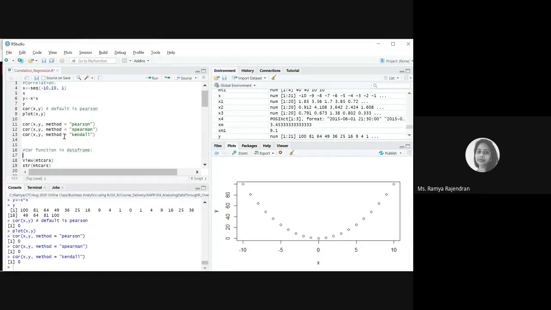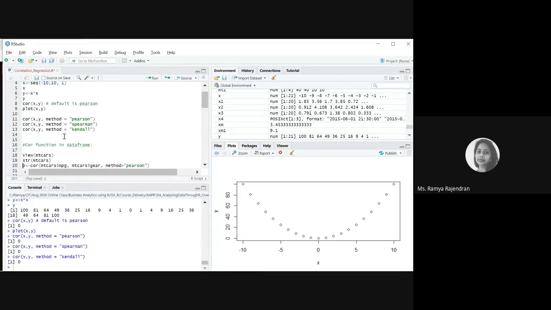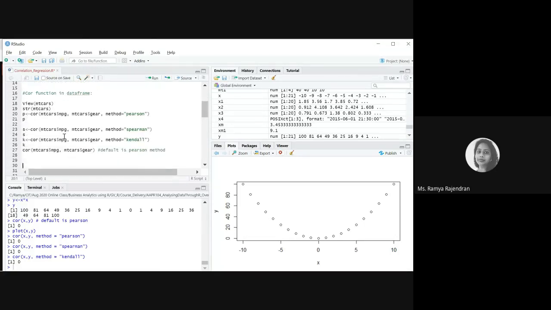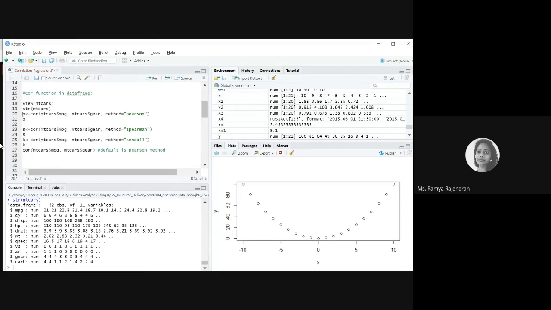You can also calculate correlation for a complete data set. We'll be using the mtcars data set here. We know how the mtcars data set looks. There are 11 different variables, and all of them are in numerical format. The correlation is computed, as well as the regression, only for numerical variables. There should be numbers to calculate. So if your data set contains complete numbers, you can go on with correlation.